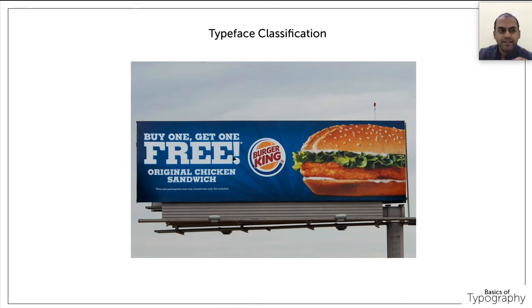The word free itself has the capacity to grab our customers' or viewers' attention, but here they have used a slab serif font and made that word free hit the face. Next to this burger, the biggest element in this hoarding is this free. So it is just hitting the face and it grabs a lot of your attention. So when you want some font which has to convey some powerful message, or which just has to hit the face, you can go for a slab serif font. Okay, so it has that flashy and loud look, it can easily grab the audience's attention.